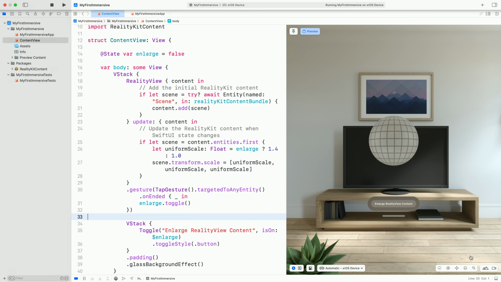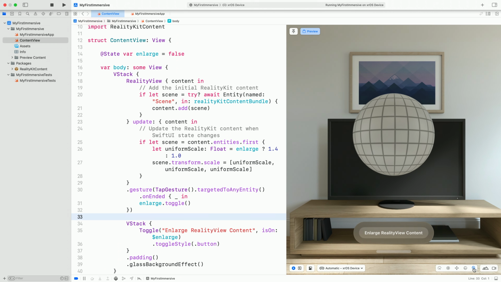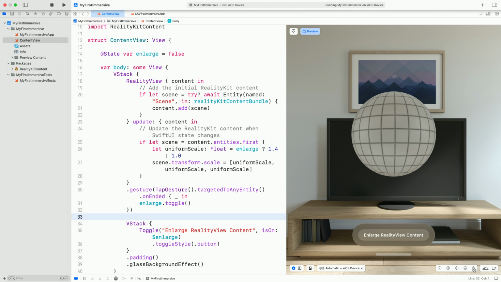When you are editing a source file that contains a SwiftUI preview provider, the preview canvas will automatically open in Xcode. As with the simulator, Xcode previews are presented as a simulated device view. You can use the same controls to navigate the preview window as you use to navigate the simulator. Let's use the controls to move a bit closer to the content. You can also change the simulated scene, as well as camera angles, using the controls in the bottom right corner.